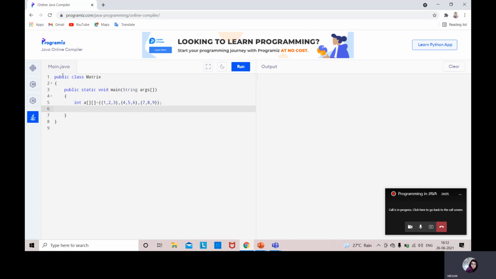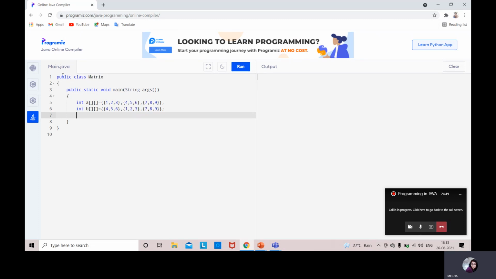Similarly, let us take another matrix, int B equal to 4, 5 and 6, then 1, 2 and 3, and the third row will be the same, 7, 8, 9. Here we have matrix A and matrix B, that are 3 cross 3 matrices.